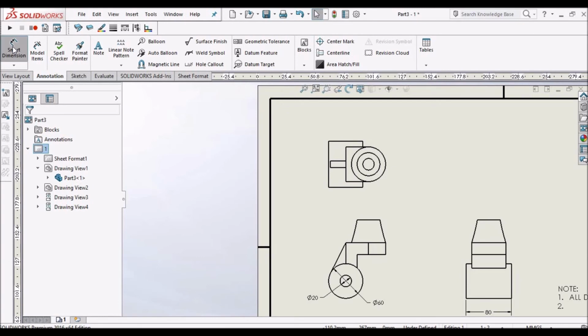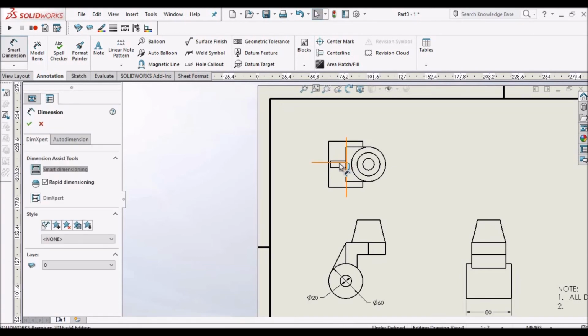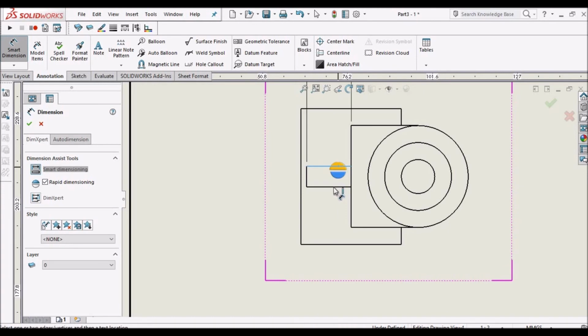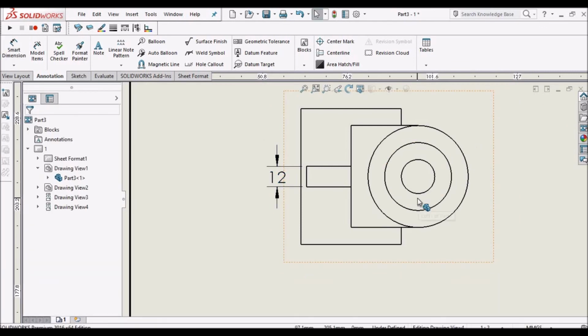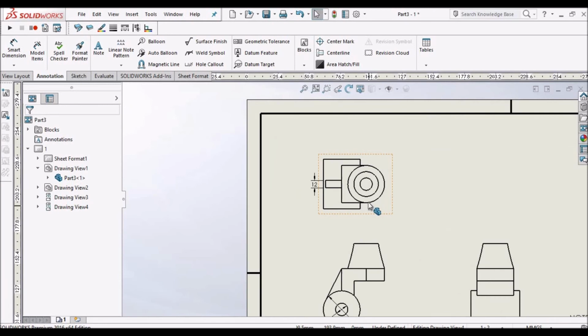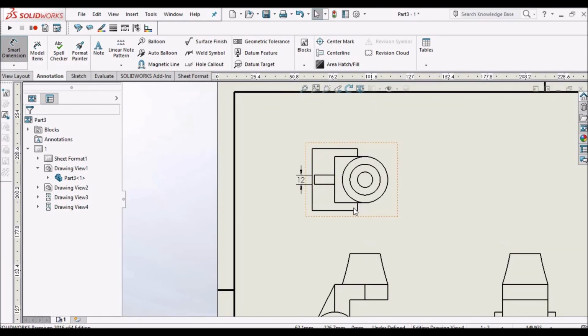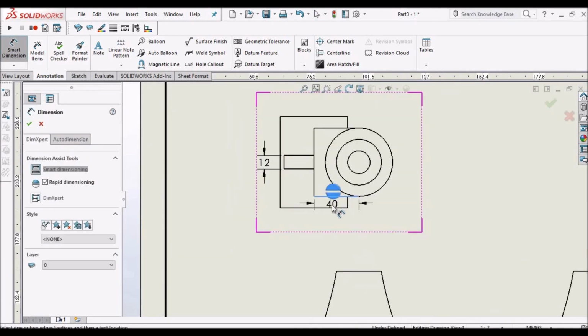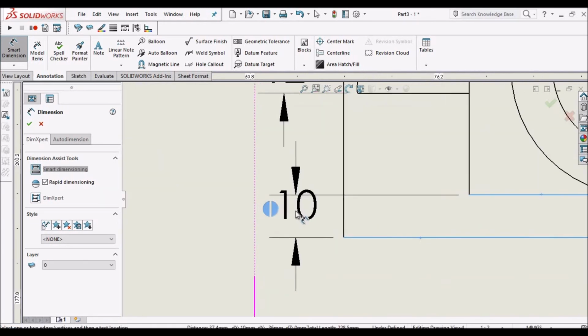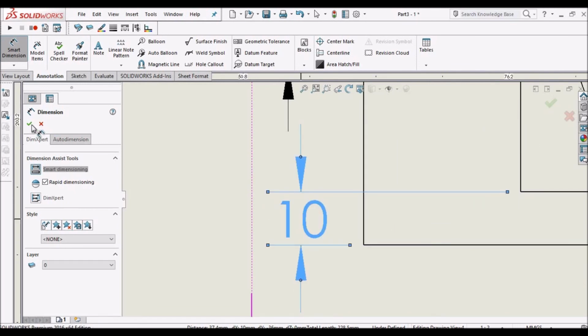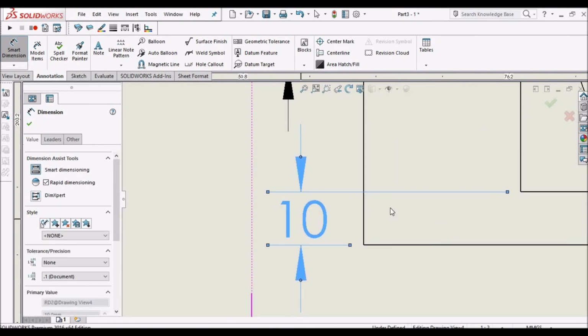So thickness of the rib is 12. And the distance between this edge and this edge is 10. Okay.